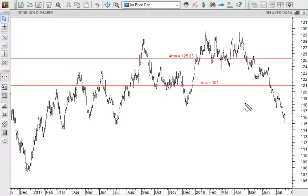This is the gold ETF, GLD. The major remains at 121, and if GLD is printing below that level, it's in a long-term weaker position. It's bounced back a little bit today as the dollar's come off. It's very oversold, and as I said last week, lots of good reasons from, let's say, the sentiment indicators suggest that gold could bounce from here,